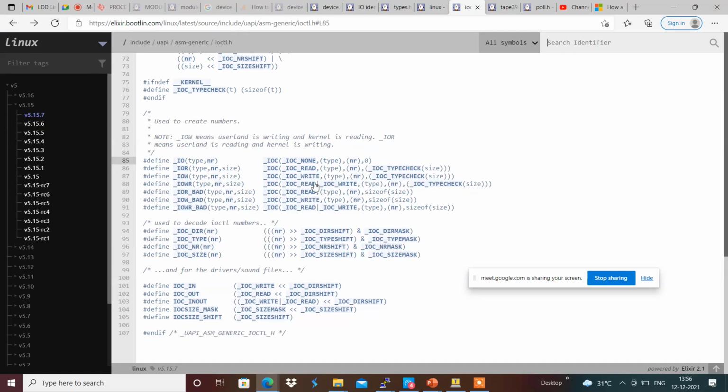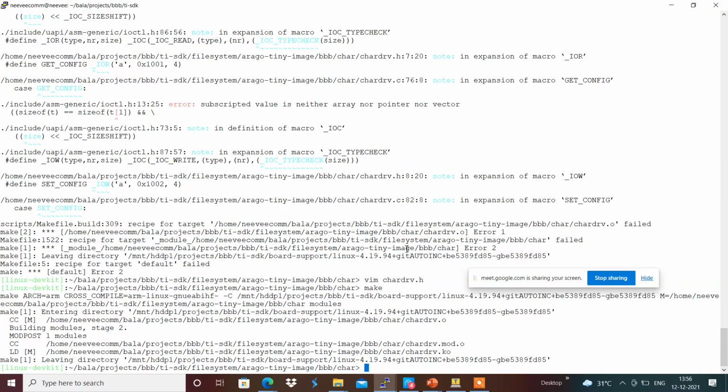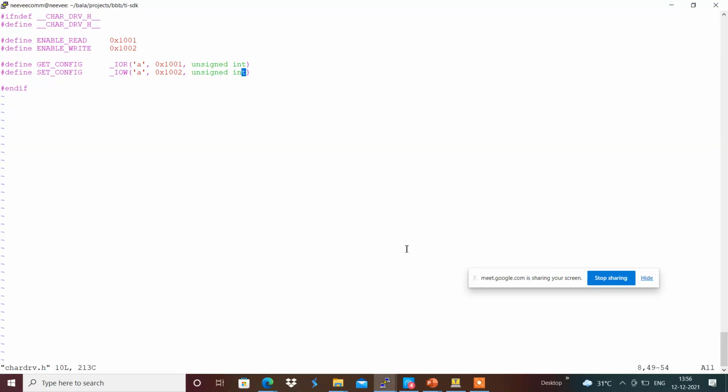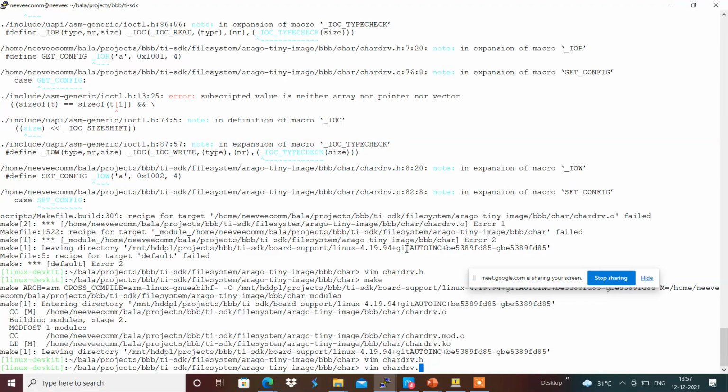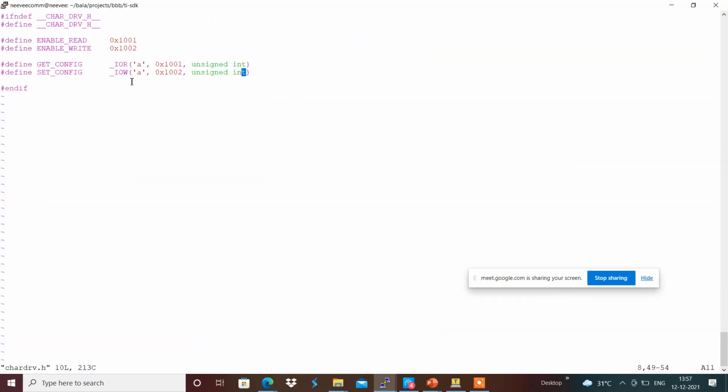Once it is done, we need to include the same over here, the UAPI ioctl.h. It should be included so that this will be used in the application space as well over here.